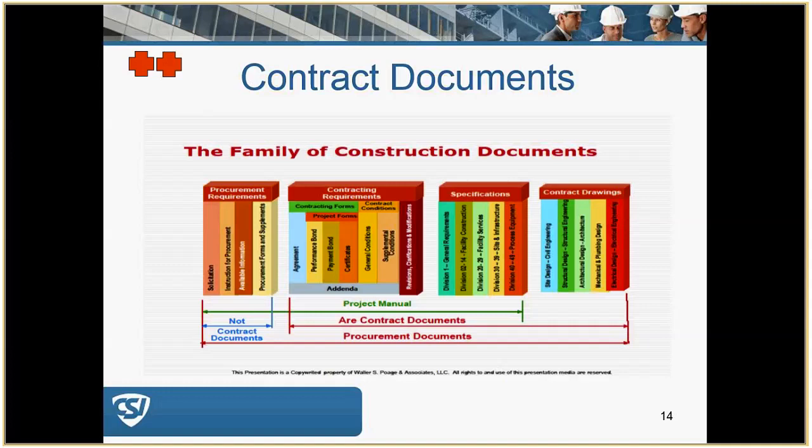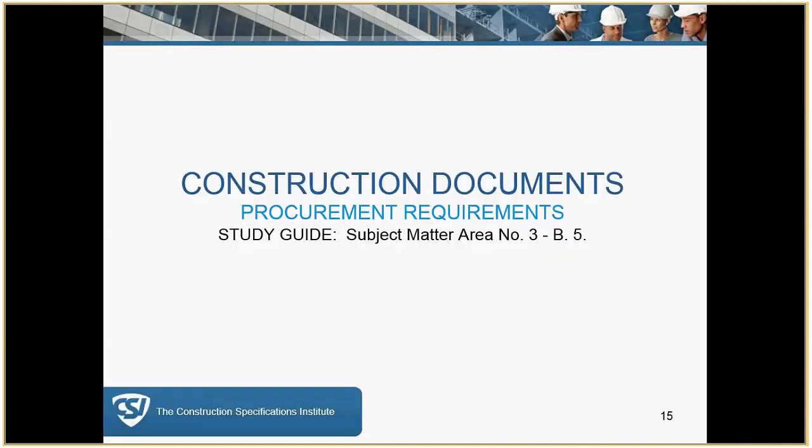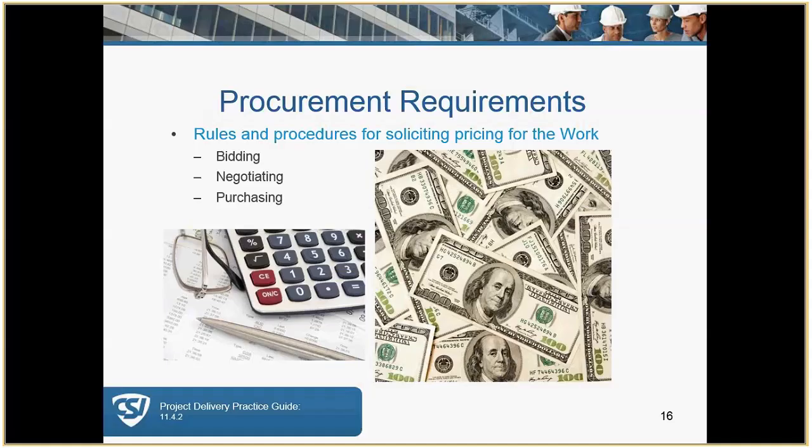We've seen in the Tower of Power, it includes a family of documents called procurement requirements. And so now we're going to go over the specific elements and what they're used for. As previously stated, procurement requirements stipulate the rules and procedures for pricing the work, whether it's for flat-out bidding or